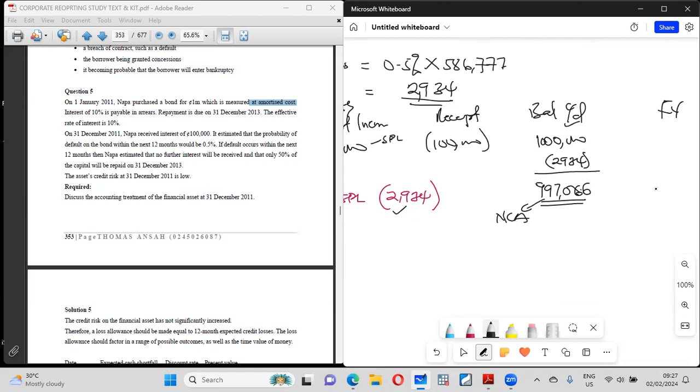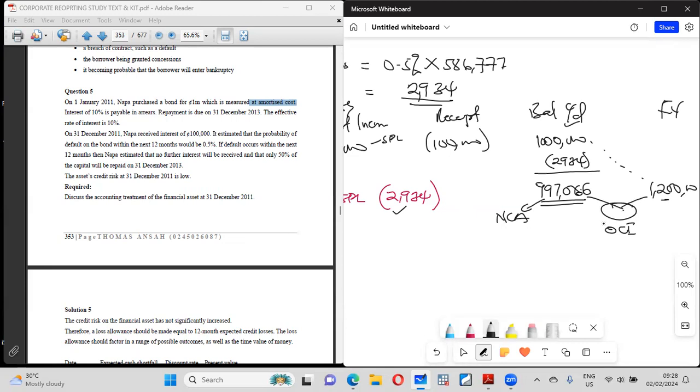Assuming the fair value had increased to, let's say, 1.2, then the credit loss doesn't affect the balance carried down, but it will affect our fair value. So in this case, we will do the comparison here, not this one versus this one. We will do it here so that the massive difference will be going to the OCI. So assuming there was a fair value given to us at the end of the year,